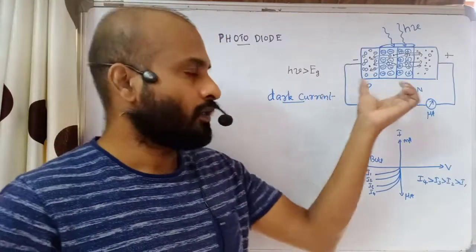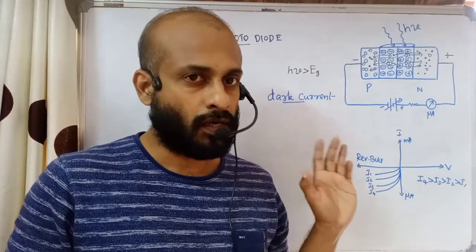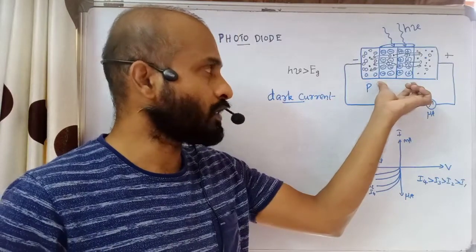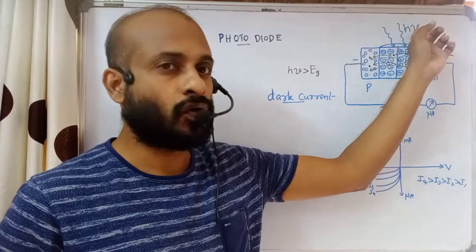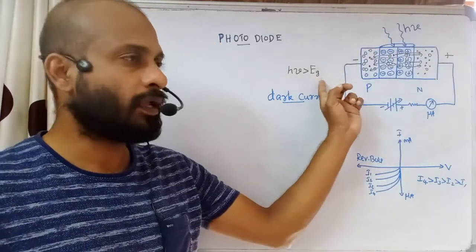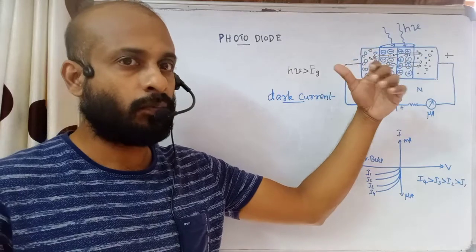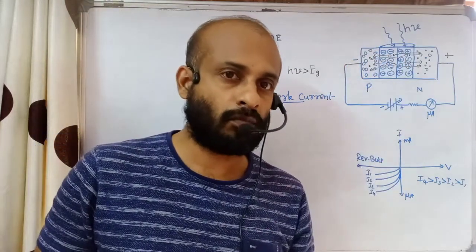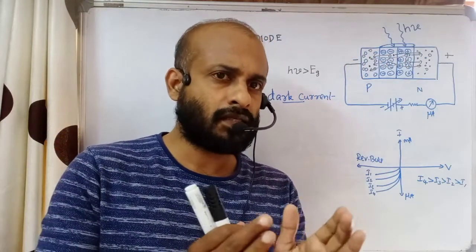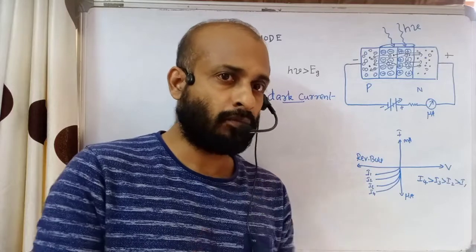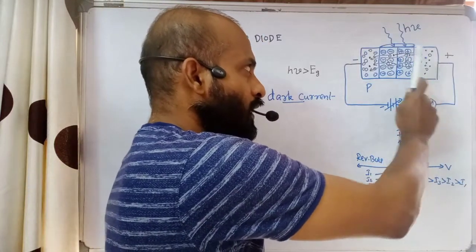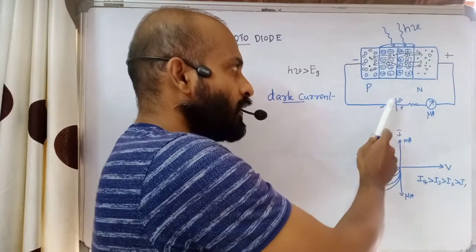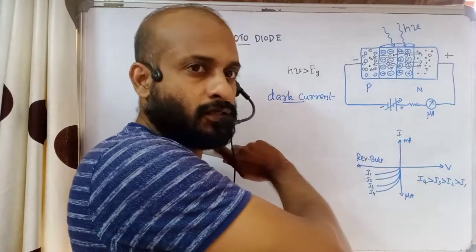The main thing you have to understand about the photodiode is that across the junction, when light of suitable energy h nu falls, if h nu is more than the band gap of the semiconductor, electron hole pairs will be produced. But there is a tendency that they may recombine. Before their recombination, they are swept to their respective sides. It means electrons are swept to the N side and holes are swept to the P side by the external reverse bias.